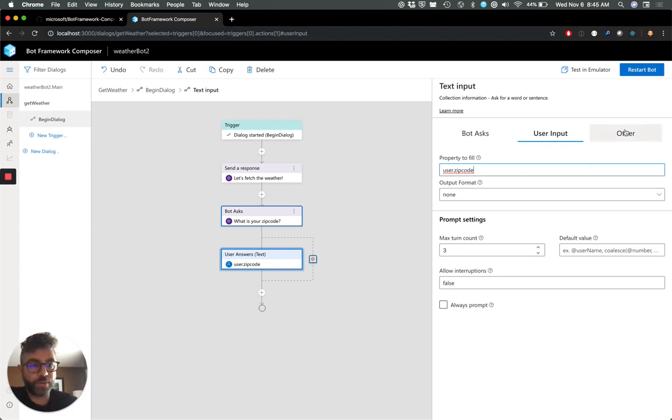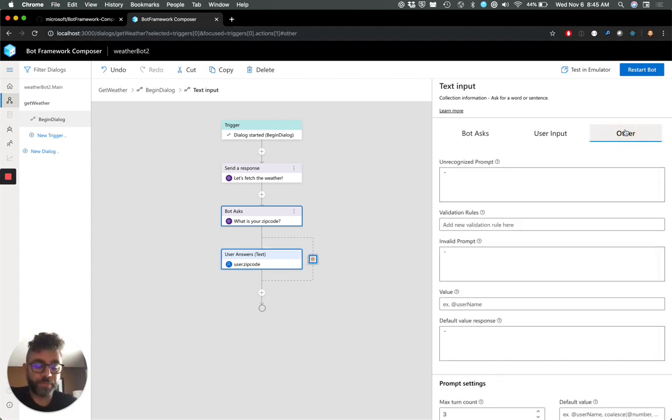Okay, and finally we're going to click this Other tab, and here it allows me to set up some rules about what a valid zip code is, or what valid input is for this prompt. So a US zip code is 5 characters long, so let's make sure that when a user responds we get 5 characters back. I can do that by typing length(this.turn) equals 5. This is using our expression language to create a test to make sure that the value this.turn is 5 characters